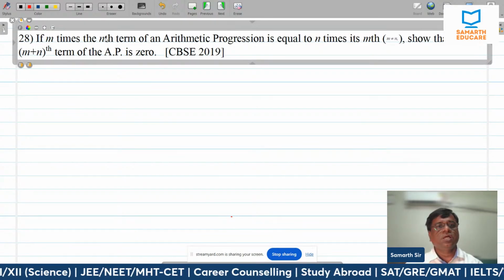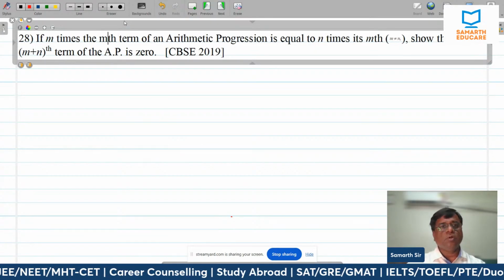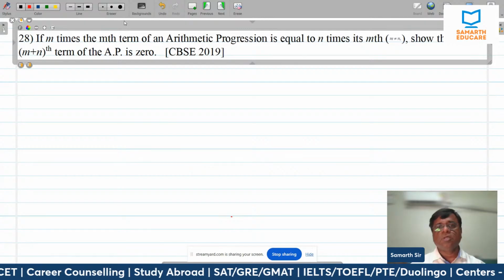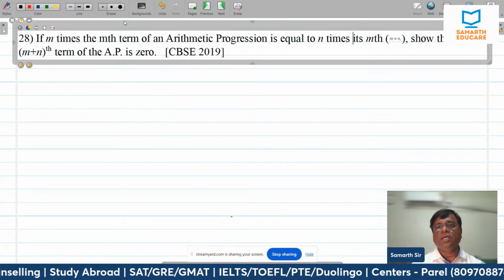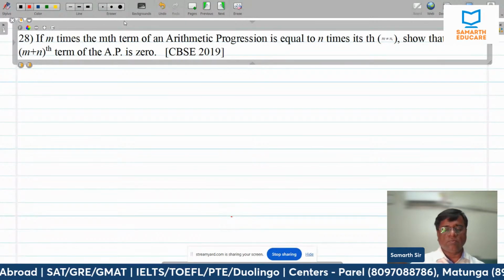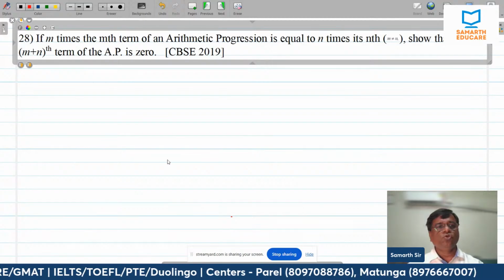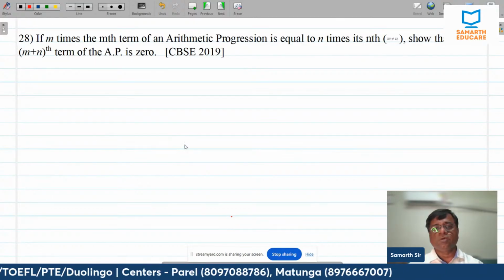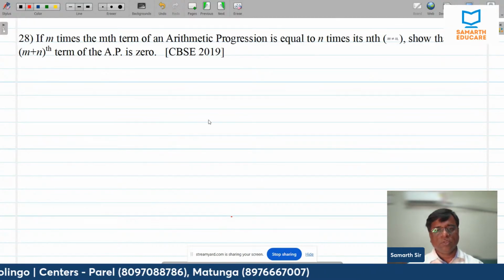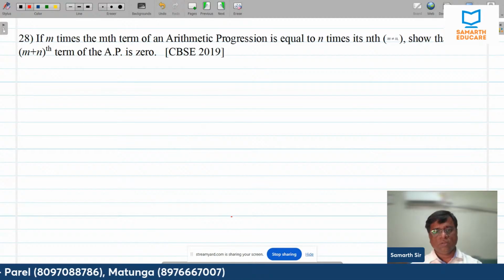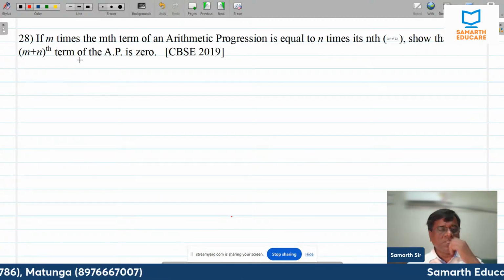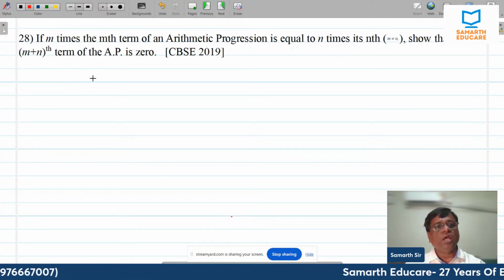The question says that m times the mth term is equal to n times the nth term. Then we have to show that the (m plus n)th term is equal to 0. So basically, we have to prove that